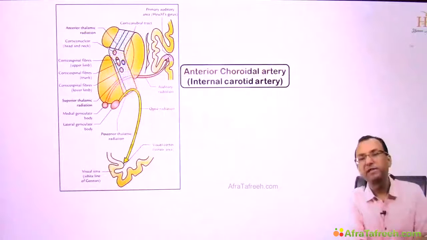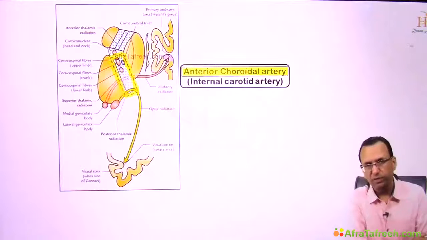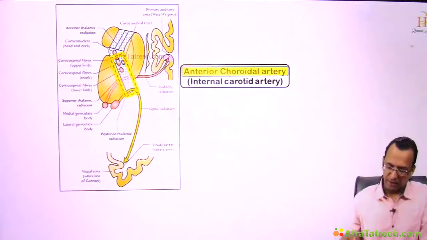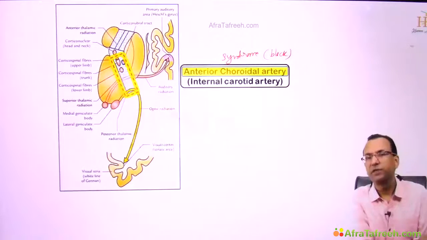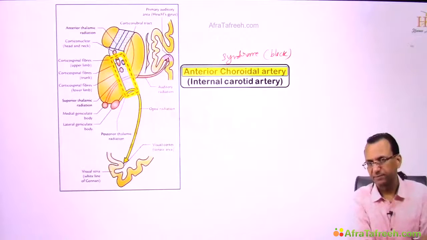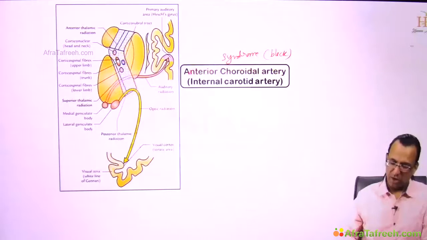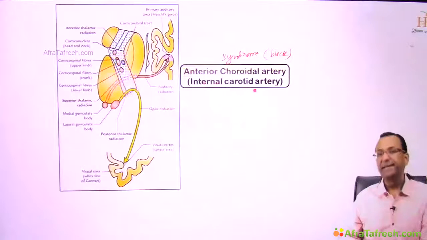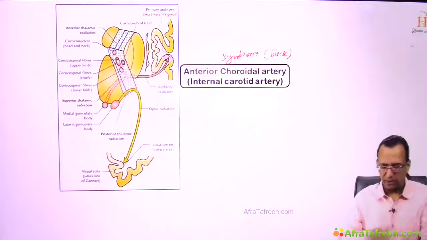What will happen if it is having a block, some syndrome? One of the AIIMS questions, anterior choroidal artery syndrome. So you're telling that there is some anterior choroidal artery syndrome? Yes. Due to a block? Yes. They are asking what clinical features are seen, what are not seen, except. So you are mentioning the anterior choroidal artery is a branch of internal carotid artery. Yes. And it supplies the posterior limb of internal capsule. Then I'll tell you the clinical features.